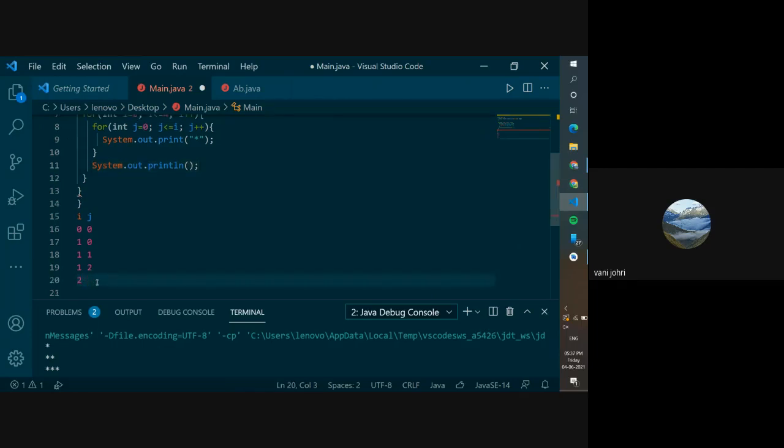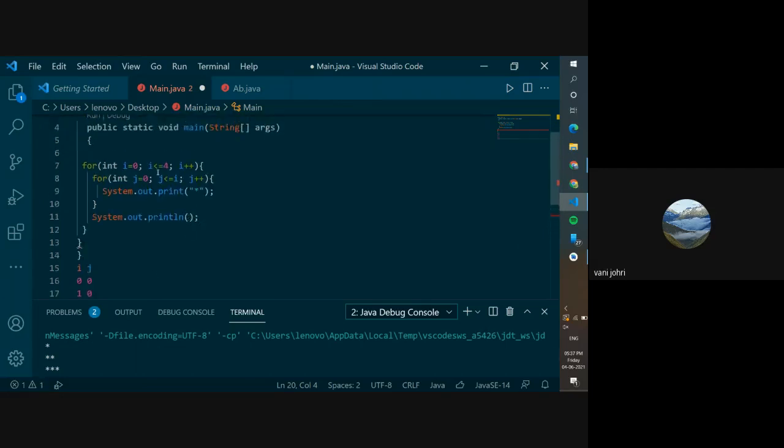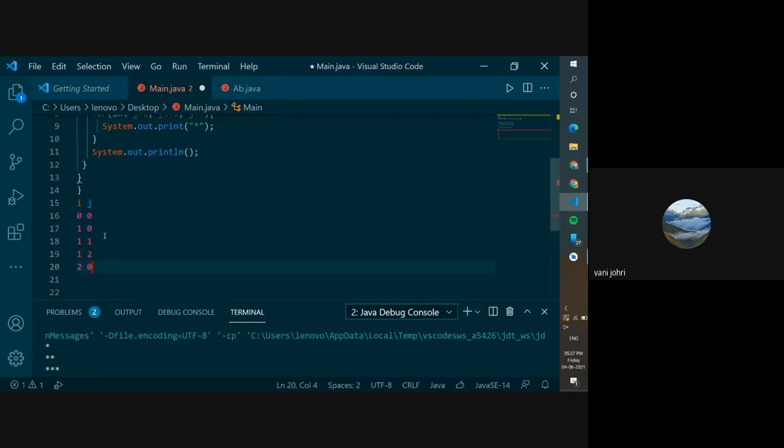And then when it comes inside, j becomes 0 again. So now it checks again. For 0, yes, it is, prints the asterisk. For 1, it is. For 2, it is, prints 3 asterisk. Then when j becomes 3, the condition becomes false and then it will change the line and go back up and make I 3. So I hope you're understanding how it goes. So you can use this method of running these loops in your head and then you can figure out what values you should be putting.